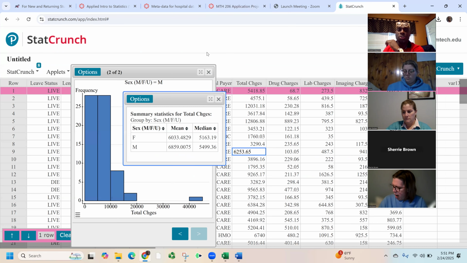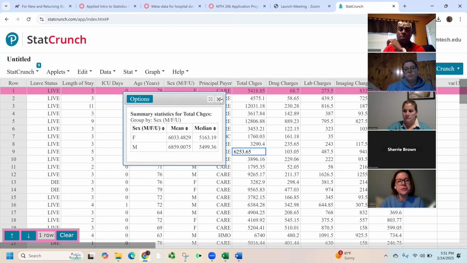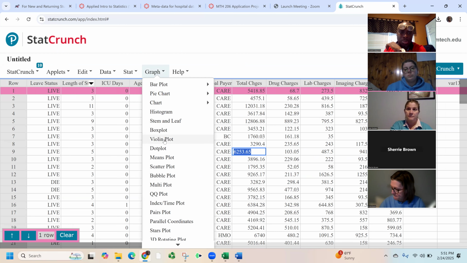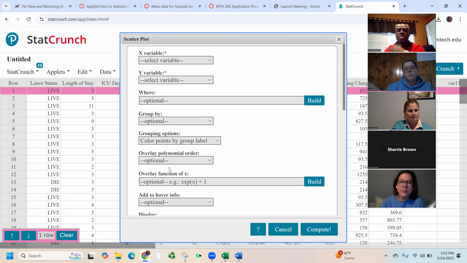Let's go to StatCrunch. So an appropriate plot will be to see if total charges has any connection with how long you stayed. We need a scatter plot right here. Do you recall? So let's click on scatter plot. Remember, your y variable,